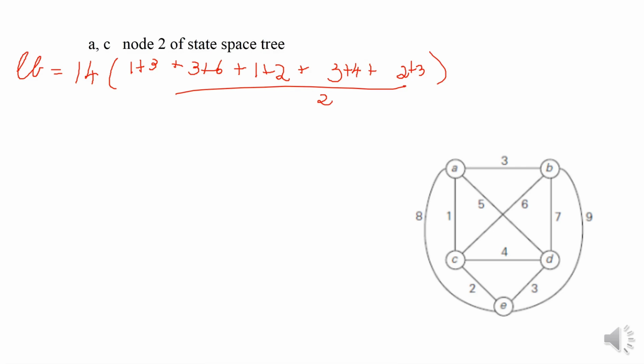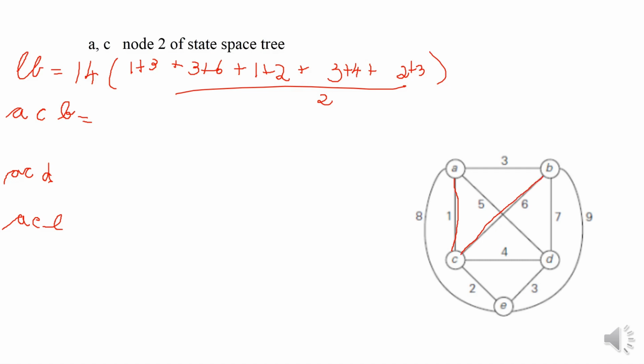At the next level, after visiting the cities A and C, you could either go to the city B, or you could go to the city D, or you could visit the city E. Now, if you were to visit the city B, then you have to consider AC, then C to B. So, these two edges need to be considered.